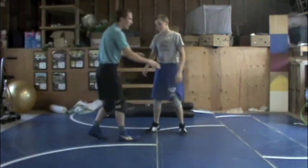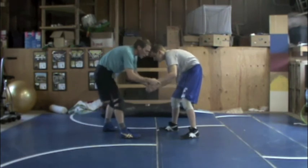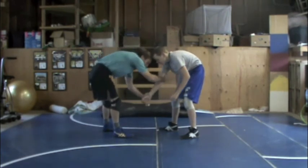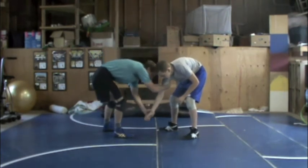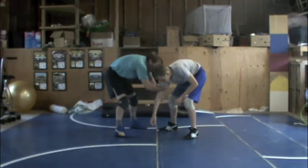Big thing with drags, as I drag, whether it's a chop drag or anything like that, if I'm controlling a wrist, I want to pull it down and across his body, put weight towards it, and then I can spin, or I can just...